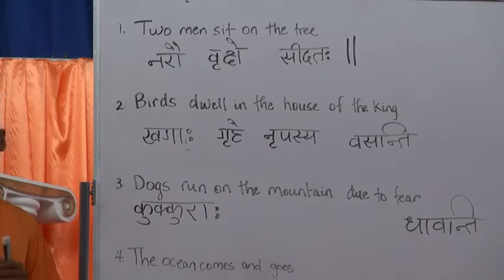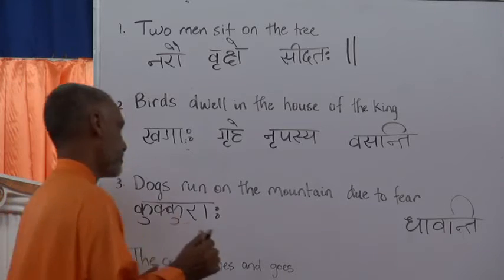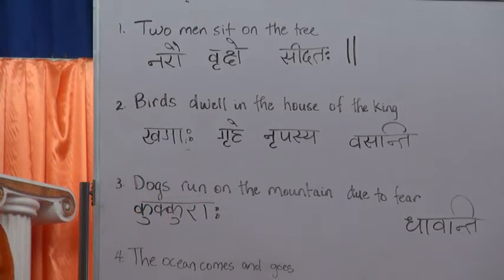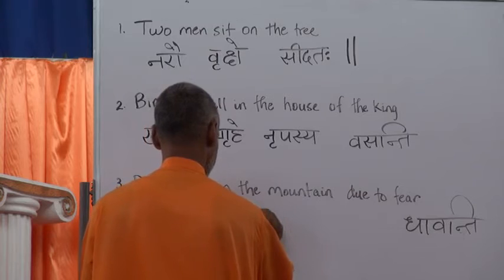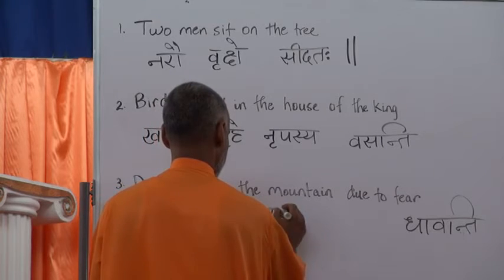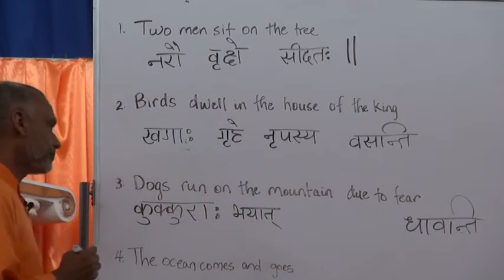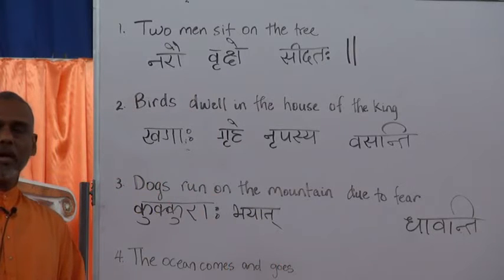And due to fear. Due to fear will be in what case? Yes, 5th case. So then what will you get? What is the word for fear? Bhaya. And bhaya in 5th case will be? Bhayat. Dogs, kukuraha bhayat,